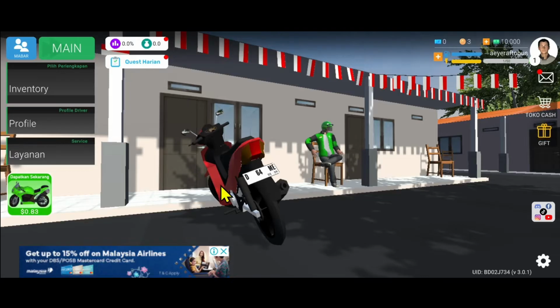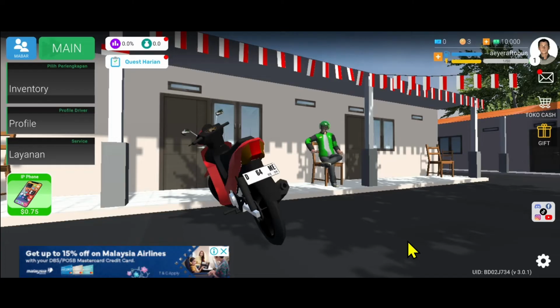First of all, open up Ojol The Game on your device. And once the game is fully loaded, you might need to create your new profile if you haven't already created one, and if you're playing the game for the first time. After creating your profile and entering your username, you will end up within this homepage, from which if you wish